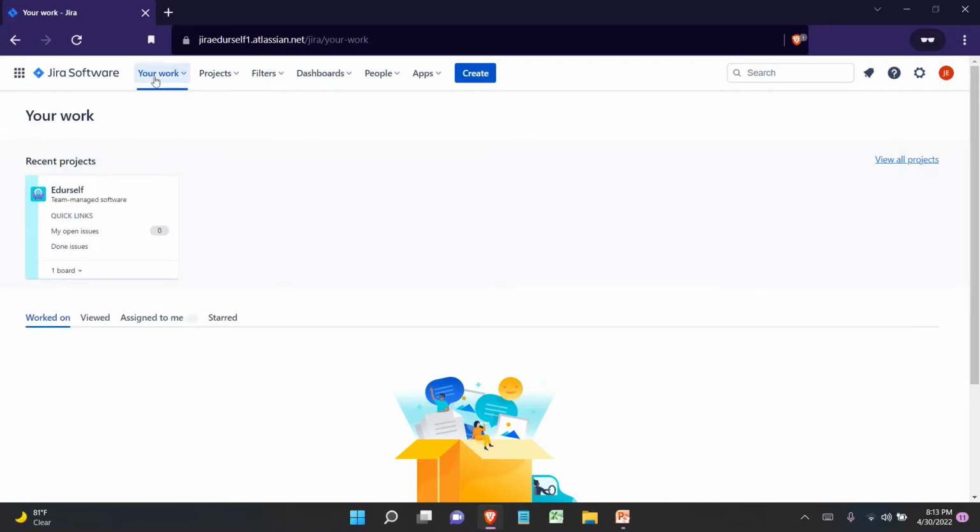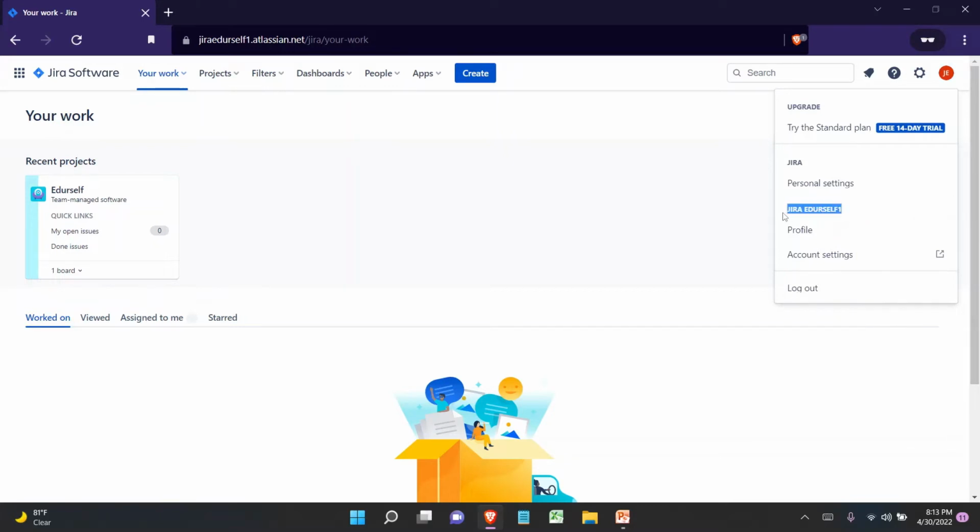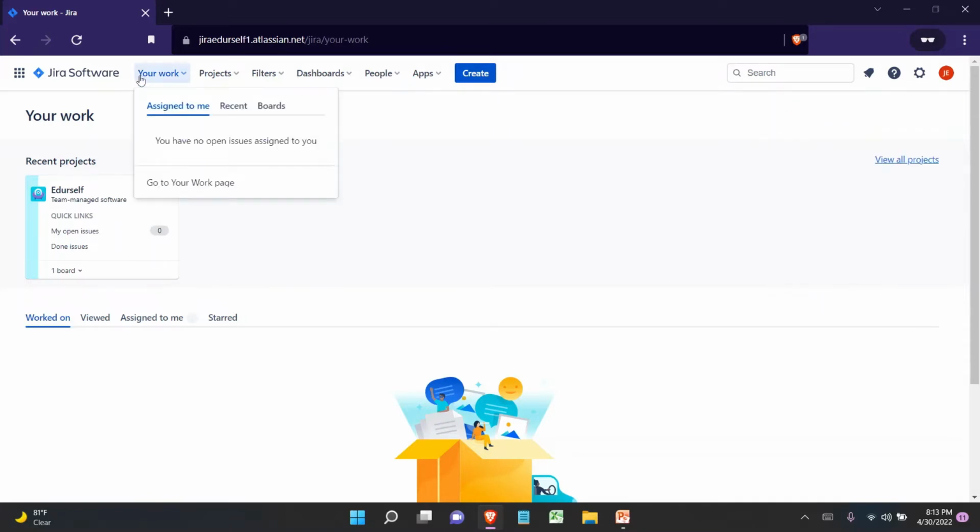Now the next one, I can see your work. Always remember, we have logged in using a profile called Jira at yourself one, right? So whatever work is being done by this particular user, he can click on this option, so that if any issues have been assigned to this user, the issues will be displayed. And if I click on recent, if we open any boards or anything, they will be seen in these areas. In simple terms, the work that is related to us, we will be able to navigate to by using